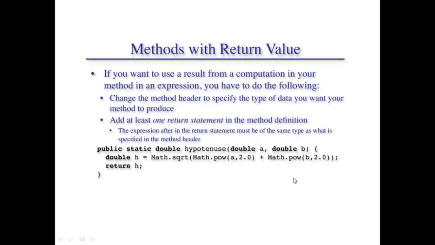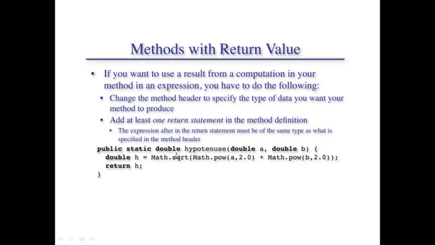Oh, it is a bigger expression. It has three different function calls over here. So what is it doing? Listen patiently. First of all, this is a function known as hypotenuse. Okay, it is returning a double. It is a static method. It is accepting two arguments a and b, both are double typed.